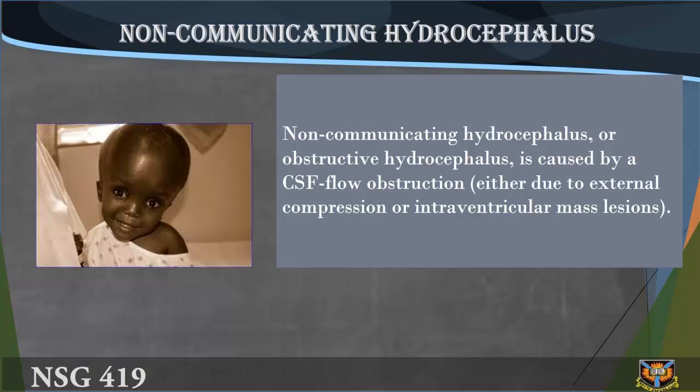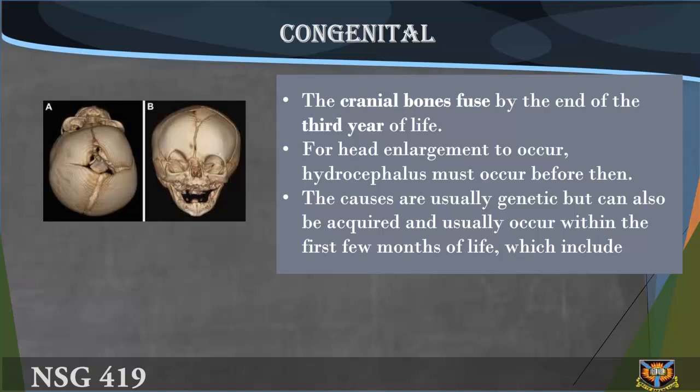Non-communicating hydrocephalus or obstructive hydrocephalus is caused by a CSF flow obstruction, either due to external compression or intraventricular mass lesions. Congenital: the cranial bones fuse by the end of the third year of life. For head enlargement to occur, hydrocephalus must occur before then. The causes are usually genetic but can also be acquired and usually occur within the first few months of life,